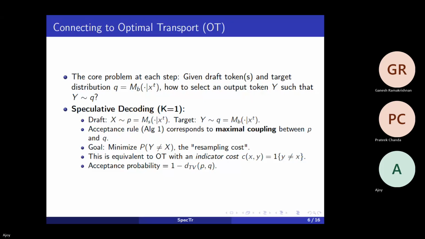So for the tokens, they generate a cost, which is an indicator function when the tokens are not equal, and using this cost function we can